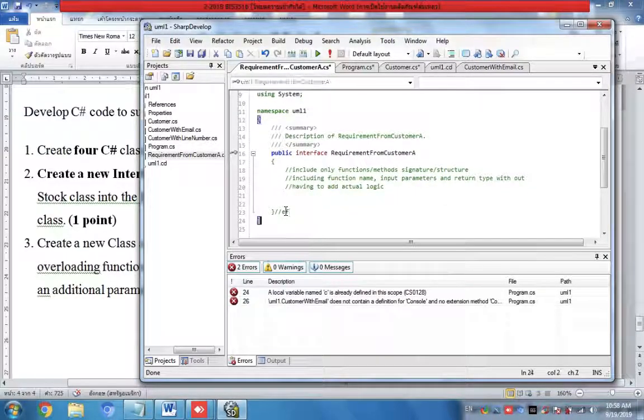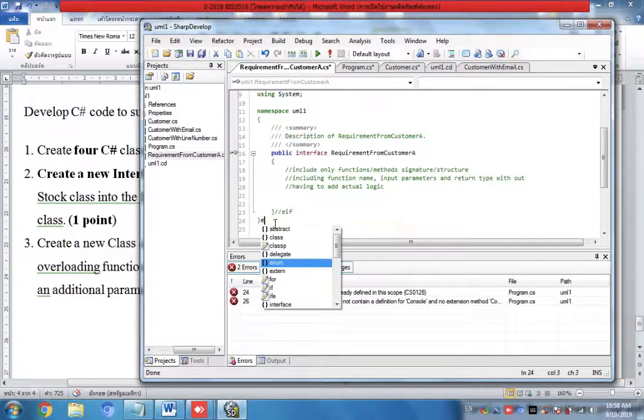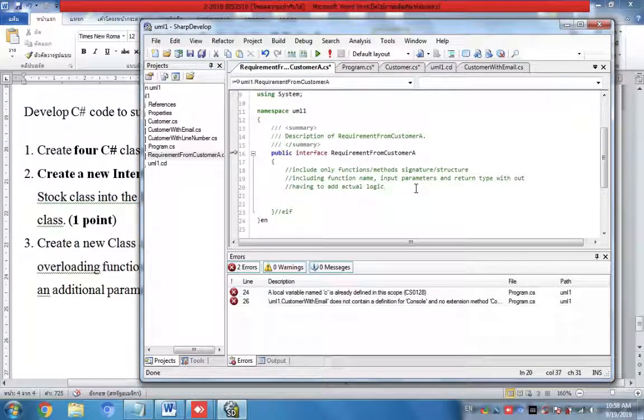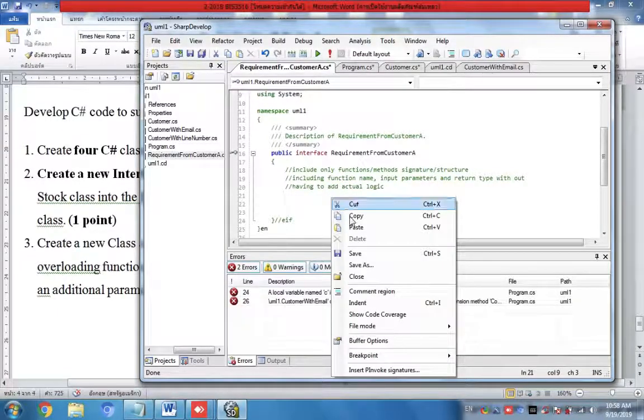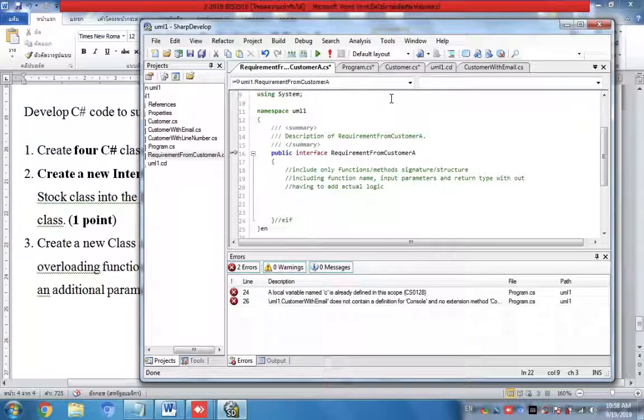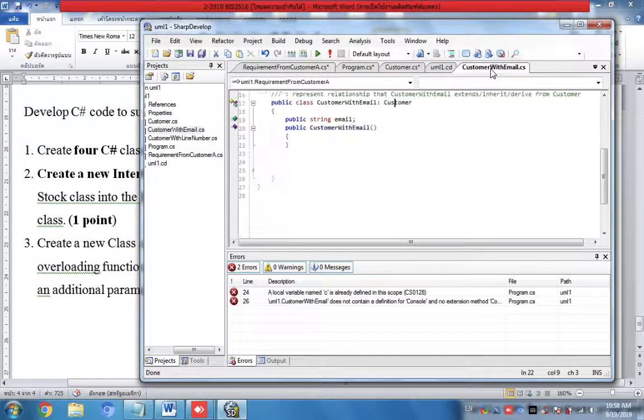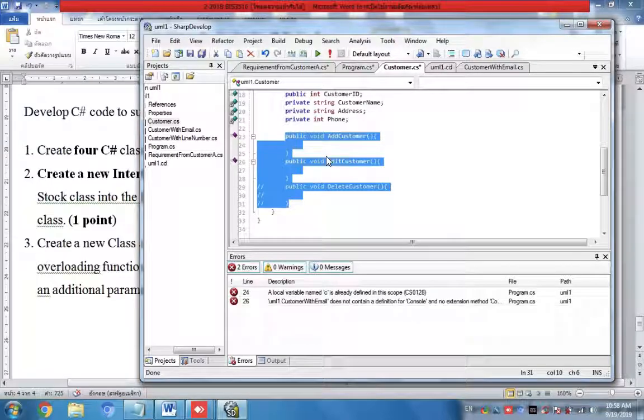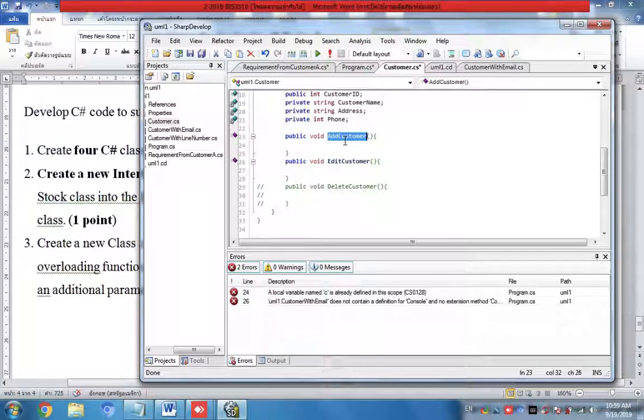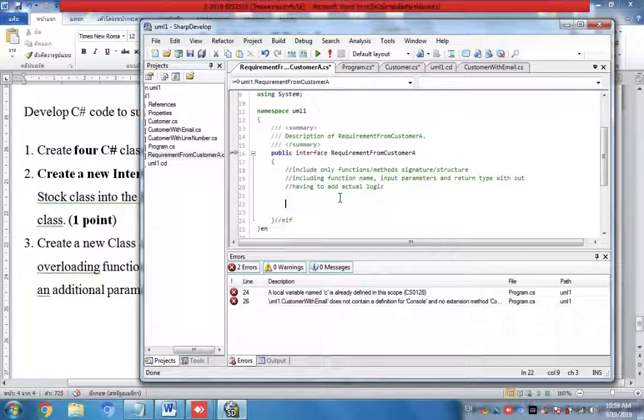let's call this end of interface. This is the end of interface class. This is end of namespace. And you say that what you need to do is you just put signature. Now let's take a look at the first function that they need. The name of the function will be add customer, doesn't return type, doesn't take input. So what you need from here is you say